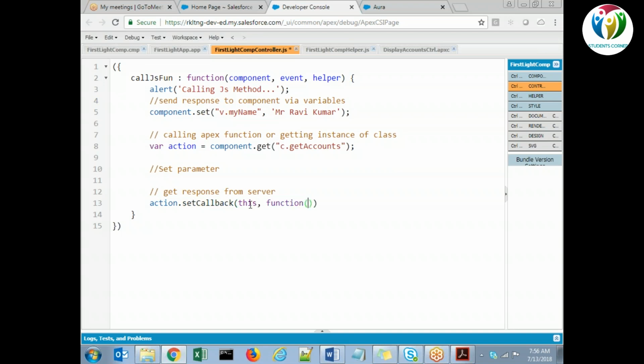We can alert it. And here we are going to put $A.enqueueAction.